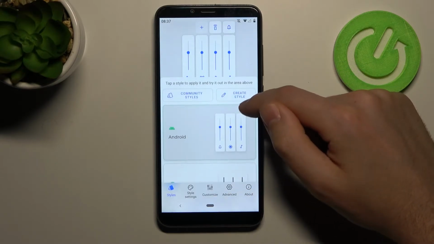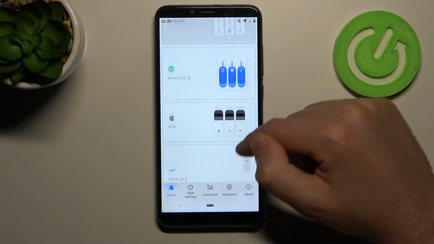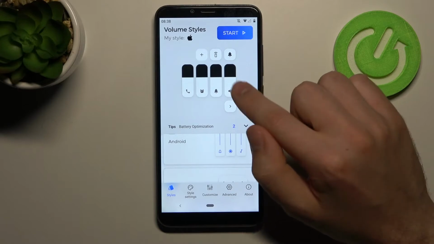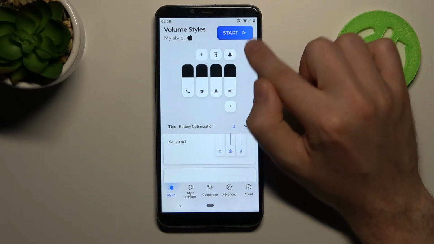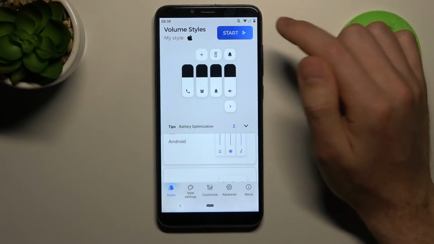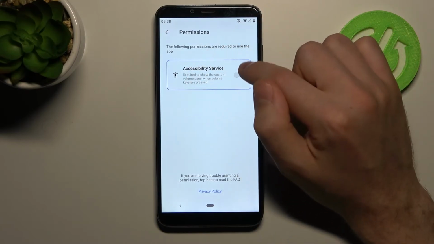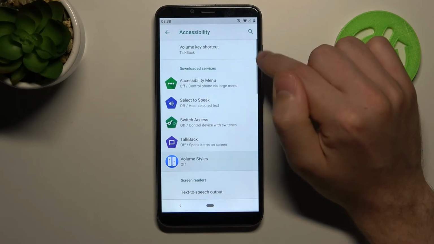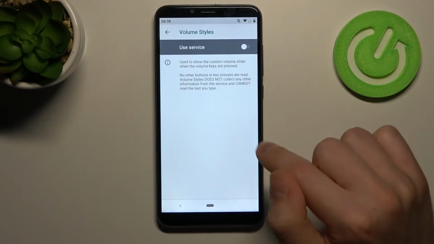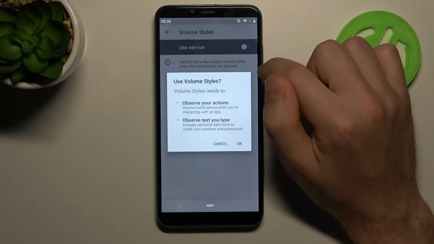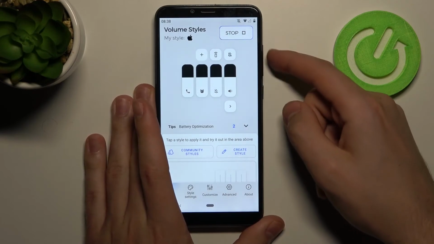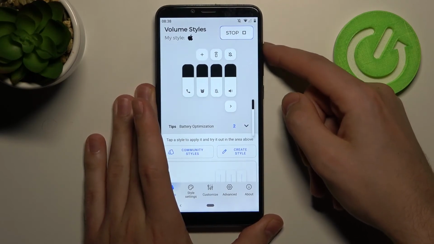And now you need to choose your volume style panel. So, for example, like iOS. Click it, and on the top we've got a start button in the right corner. Tap, and then give permissions for this application. Click here to turn on, and one more time in settings. Turn on, click OK. And now we've got a new volume styles panel from iOS on your CUBOT